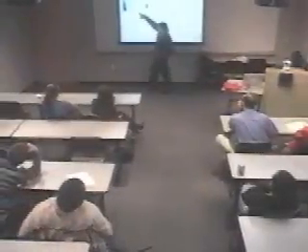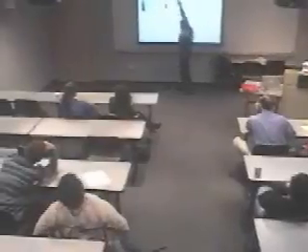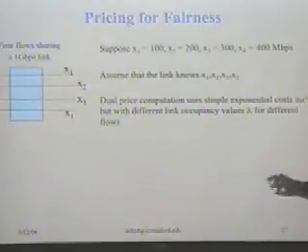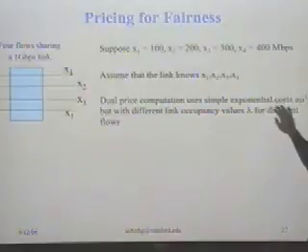Here's my way of reinterpreting. Think of it in the bandwidth allocation context as opposed to the cake context for a second. Imagine that you have 4 flows sharing a 1 gigabit per second link, right? The first guy is getting 100, the second guy is getting 200, the third guy is getting 300, and the fourth guy is getting 400 Mbps. So together they're using up the whole link. So the dual price computation.